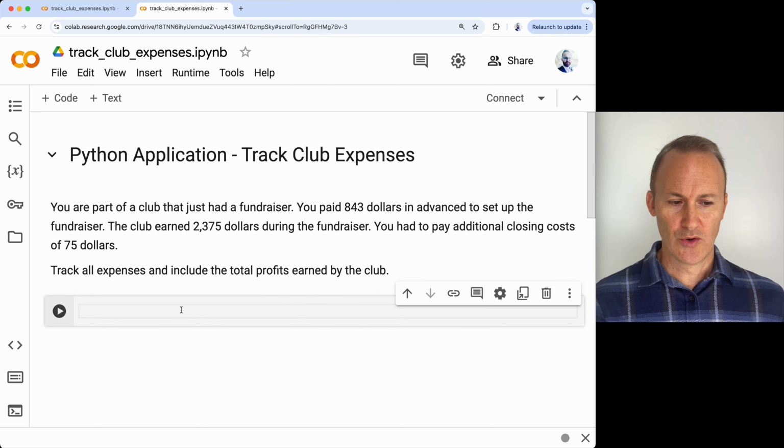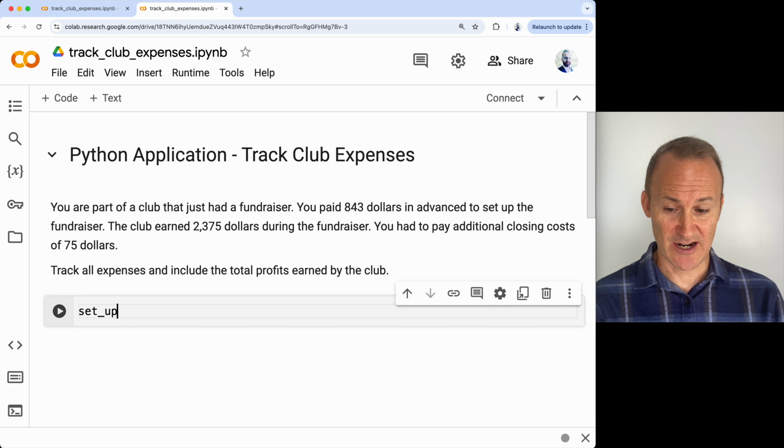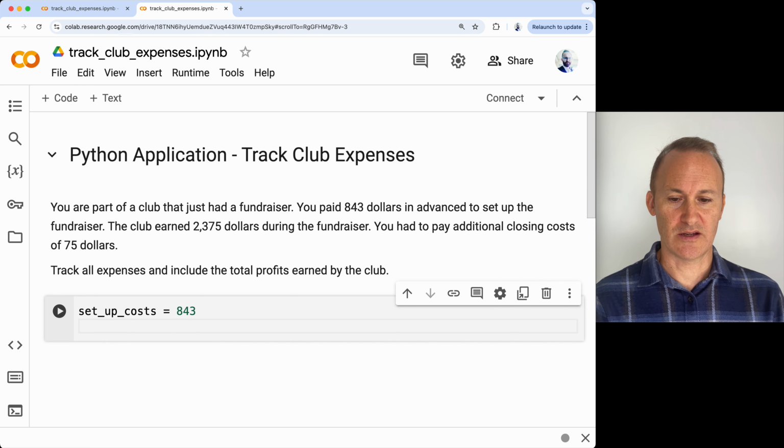Okay, so what we need to do here is keep track and then compute the profits. One of the keys here is that you want to name your variables something sensible that anybody can understand. So what we have here is something like setup costs, and this is 843. Now, when you earn money, the total amount coming in is often called the revenue. So you could say that the revenue here is